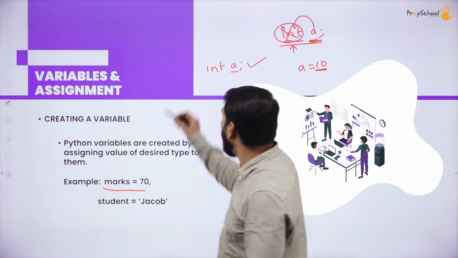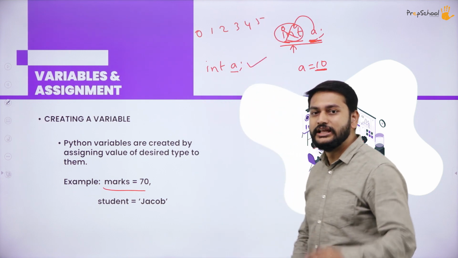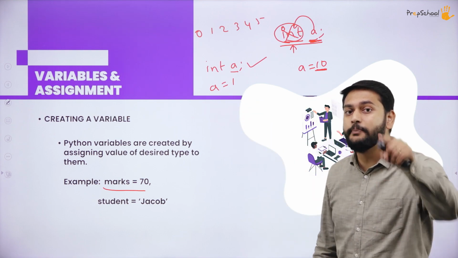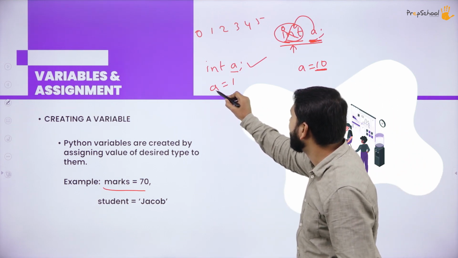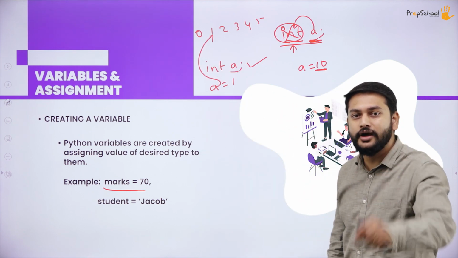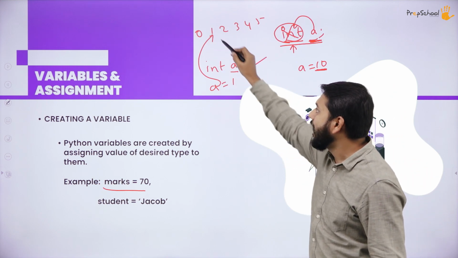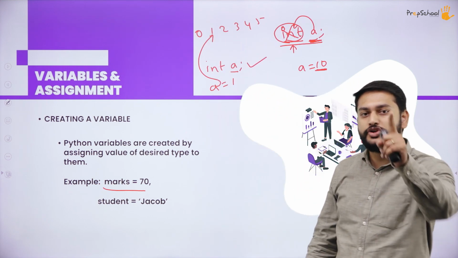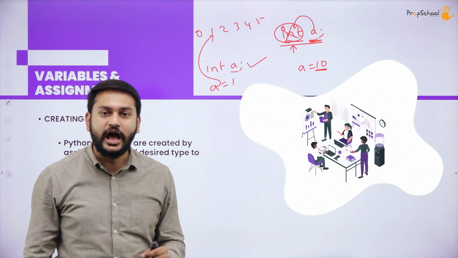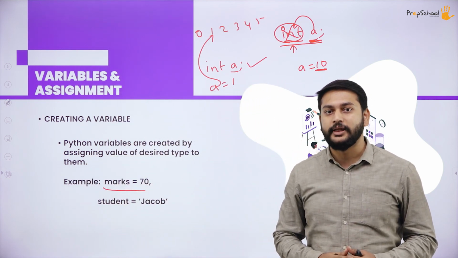Sir, what exactly are you trying to explain? Please understand, I have already stored 1, 2, 3, 4, 5, 6. I have all these numbers. Let us imagine I need to store a is equal to 1. What am I trying to do in Python? I'm storing the reference of this 1, the address of this 1. Instead of storing the value exactly here, I'm just storing the address of 1. That is what you have to remember with respect to Python. This is how I will be creating the variables in Python.